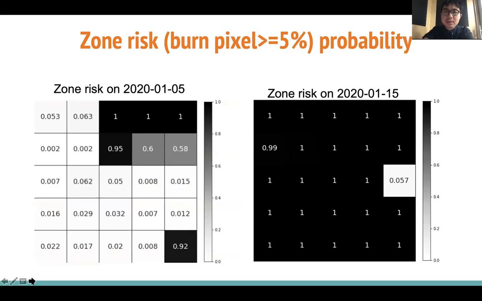So the ultimate goal of my model is to predict for each zone the wildfire burning's risk probability in the next 5 days. So the figure on the left shows that most of the zones are not under serious risk. So the advice to give to the animal rescue team is to sit tight and get prepared. Whereas the picture on the right shows that most of the zones are under serious risk. So the advice to give to the animal rescue team would be to go out and save the animals.